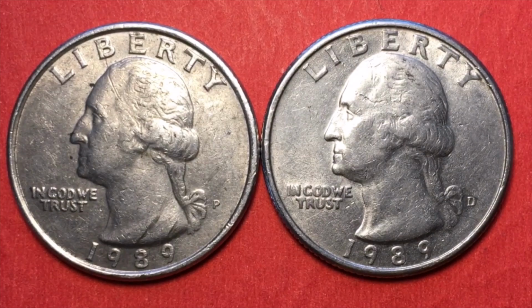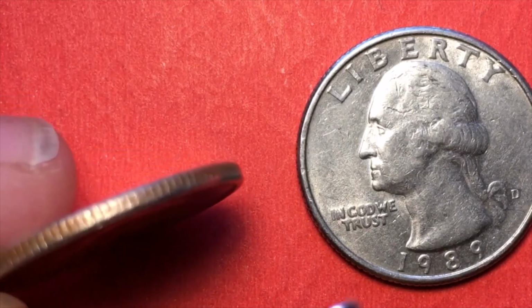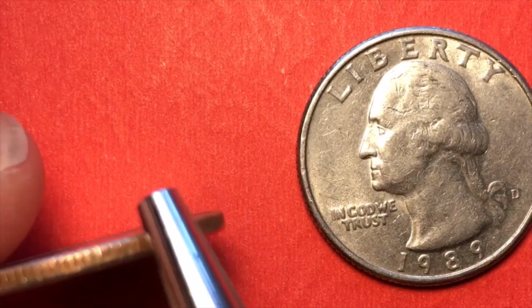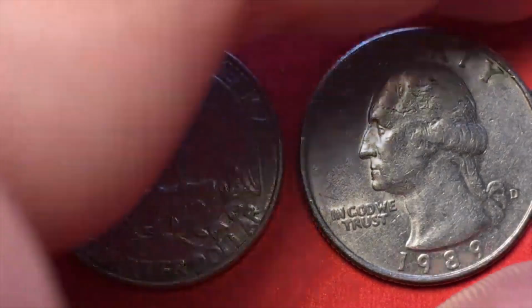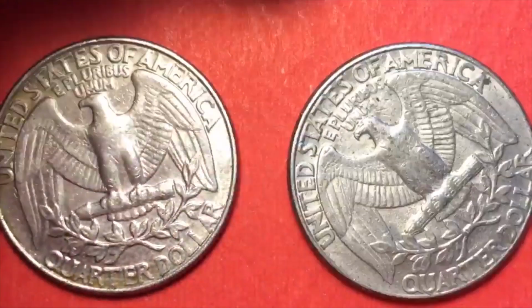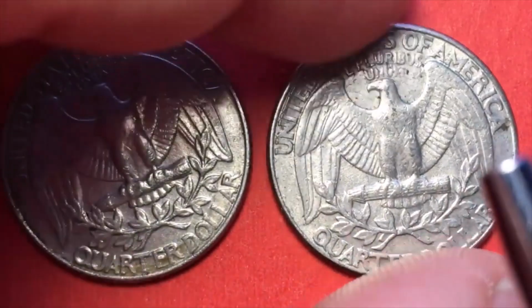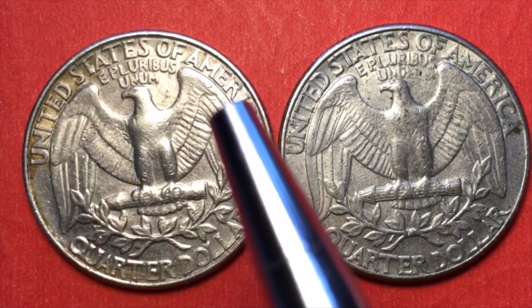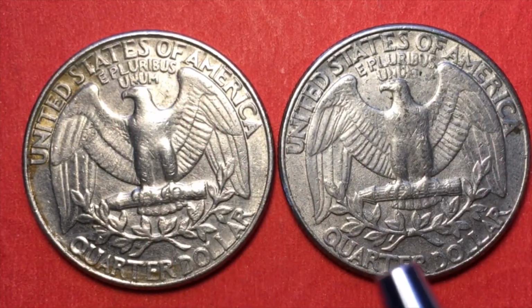This particular coin is a copper nickel clad copper, and if we tip it up, we can actually see the copper showing through, and we can see the nickel cladding on here on both sides. If we flip it over, we see that it just has the regular back on it, and it is the eagle holding the bunch of arrows. It says the United States of America at the top, E Pluribus Unum right above the eagle's head, a quarter